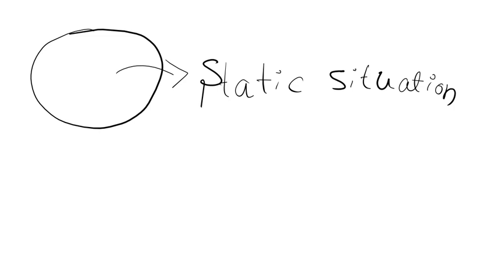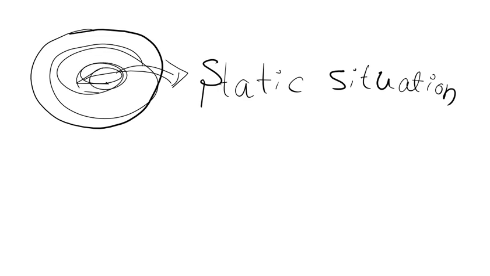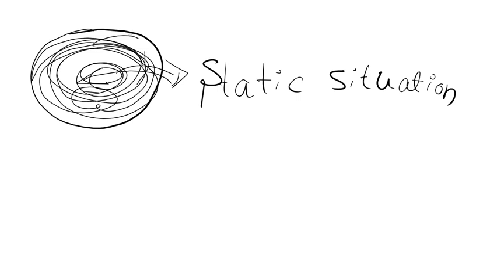Now the next is that the electric potential is constant throughout the volume of a conductor and is the same as on the surface of the conductor. I have told you that if there are no excess charges inside any conductor, then it will be in a static situation. Then the electric potential is constant throughout the volume of a conductor and the same as on the surface. Suppose this is a value.